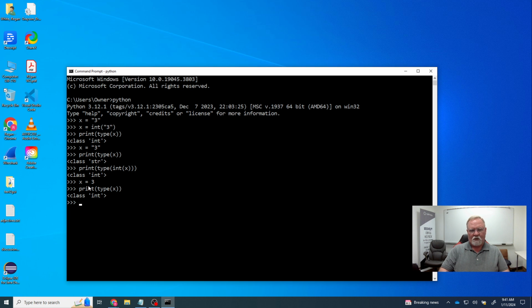So now we're going to convert that to a string. We're going to say x equals str of x. Let's just use x again. We can keep using the same variable, it doesn't matter. And now, if we print the type,